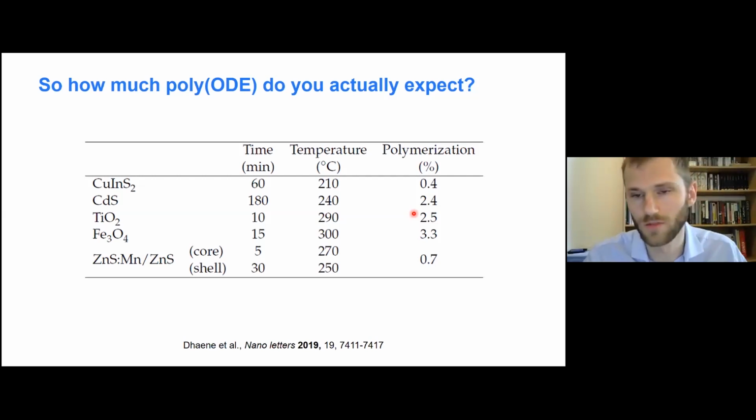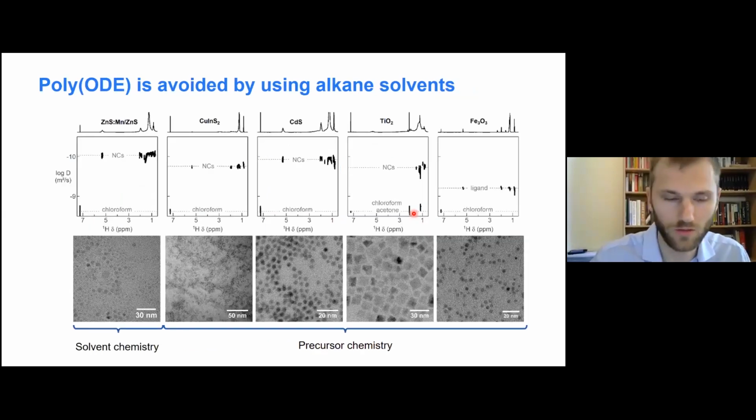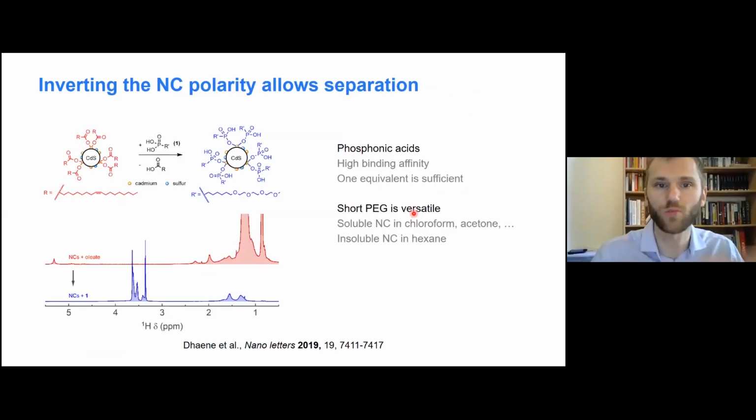So one way of dealing with this was just using alkane solvents. Right? Don't use double bonds. The second way around this is to change the polarity of the nanocrystals. So if you really want to work in octadecene, and afterwards you want to separate the polymerized octadecene from your nanocrystals, you have to change the polarity of your nanocrystals. And in this case, we did this by using phosphonic acids. So both